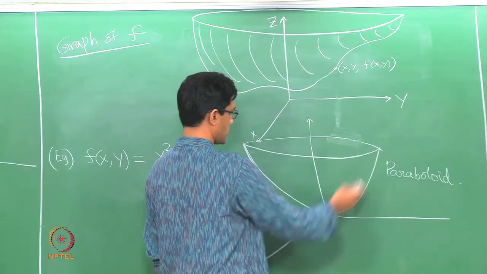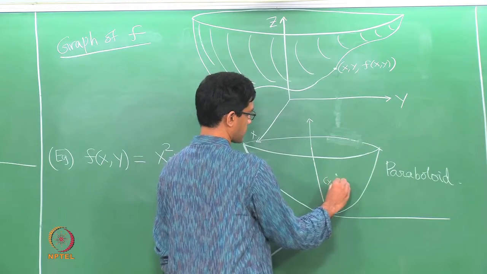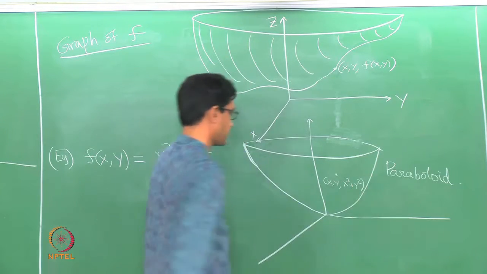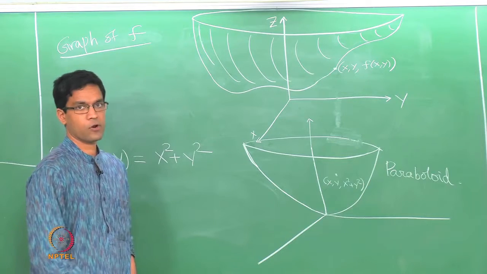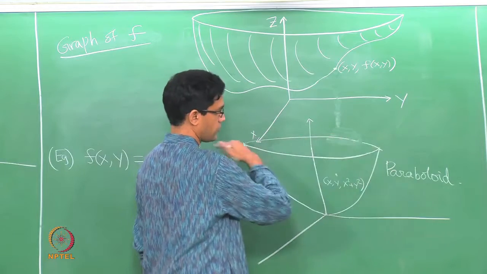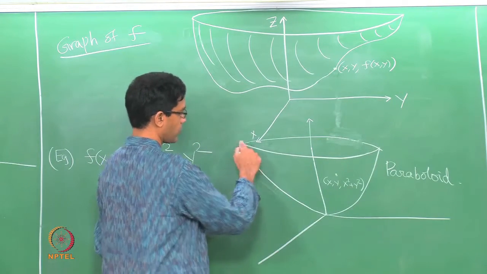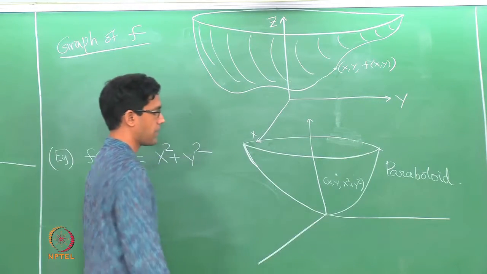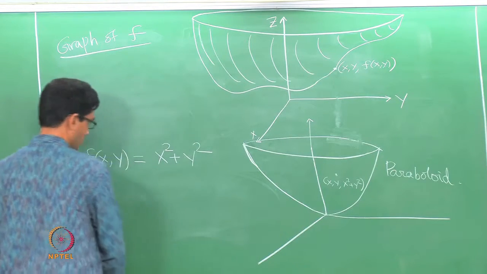And what is the typical point on this paraboloid? What is it going to look like? It has x y as x coordinates, y coordinates, and the z coordinate is x squared plus y squared. It is a typical point on the paraboloid. And observe that the paraboloid has the following feature, that if you take cross sections, if you cut it by a plane that is parallel to the xy plane, then what you get here is exactly a circle. So, no matter where you cut it, as long as you cut it parallel to the xy plane, you always get a cross section which is a circle.